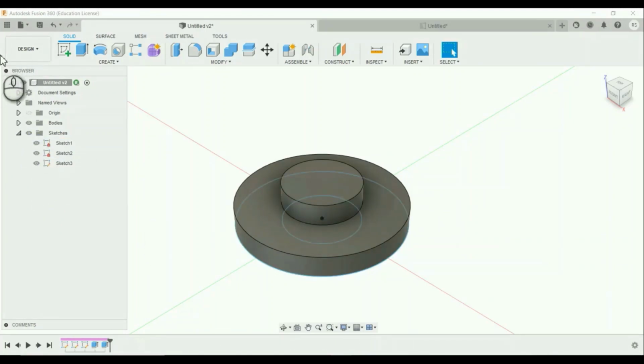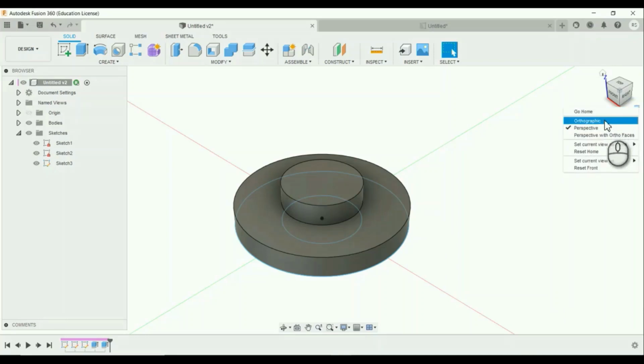After that, this is the toolbar. In this toolbar, workspaces or sub workspaces are available. After that, this is the view cube. In this view cube, you can change the views: top view, front view, bottom view, like this. You can also change the preference.